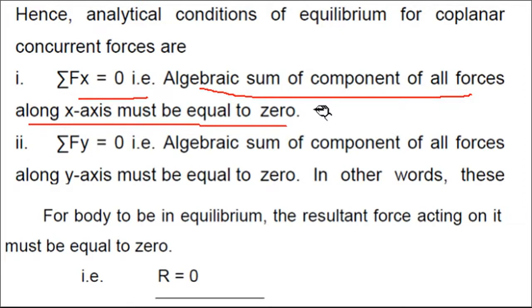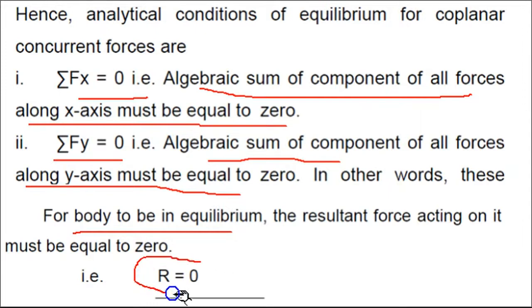In the first unit we did not equate to 0. Whatever value of Fx and Fy was there, you wrote it as it is, and then we found the resultant, the square root of Fx square plus Fy square. But here it is not the case. Here Fx and Fy you have to equate to 0. Similar to Fx, there is Fy, which means all the vertical components must be equal to 0. Whenever we have a body in equilibrium, the resultant of that particular system must be 0. When Fx is 0 and Fy is 0, obviously R equals the square root of Fx square plus Fy square, so R is also equal to 0.